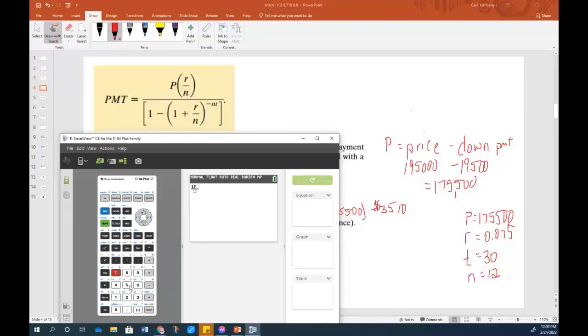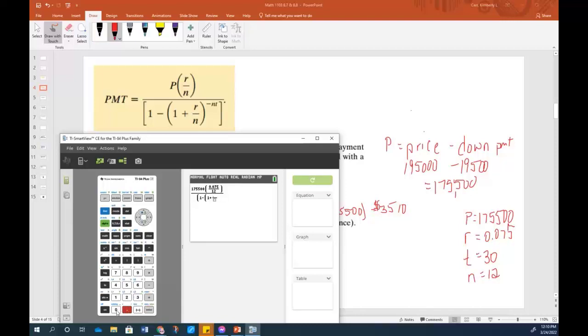Then the amount I finance is $175,500. Open parentheses, my interest rate. Okay, so right here I need another fraction, alpha, y equals, enter. There's nothing on your calculator that tells you that. It's just a little trick that TI put in an update. So now my numerator, I have 0.075. And then divided by 12, because I'm going to make 12 payments a year. In the denominator, we treat brackets just like parentheses. So 1 minus, and then another parentheses, 1 plus, fraction,